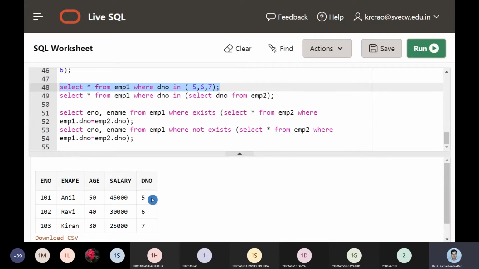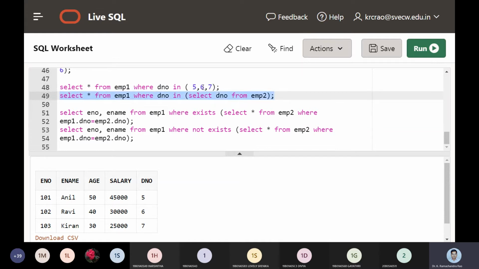Only the 3 records, that is department number 5, 6 and 7, are going to come into the picture. So employee 1, employee 2 and employee 3 records are going to be taken. Now let us see another model, how we are going to treat this in the form of a subquery. First the inner query is going to execute, that is select department number from employee 2.